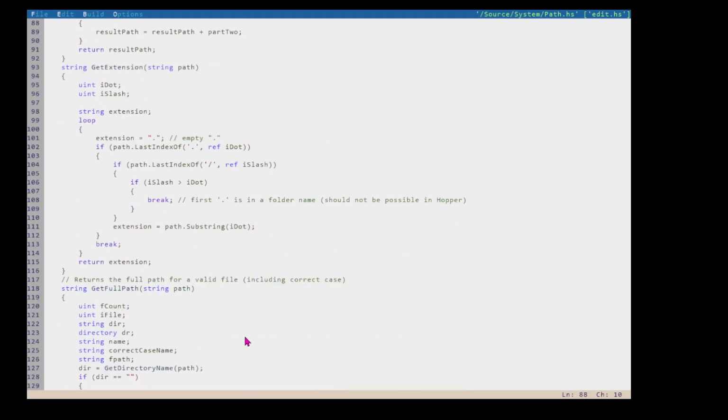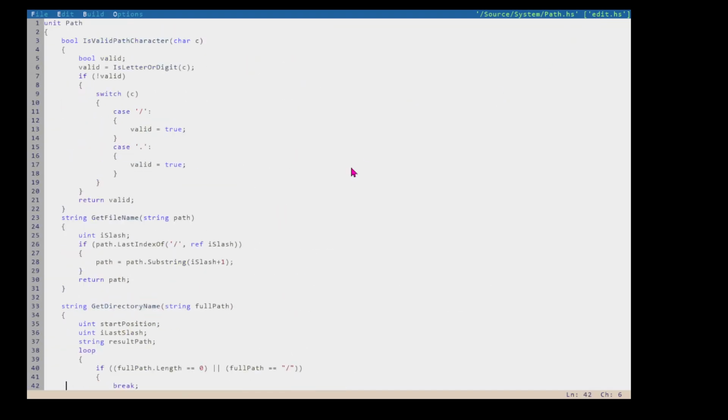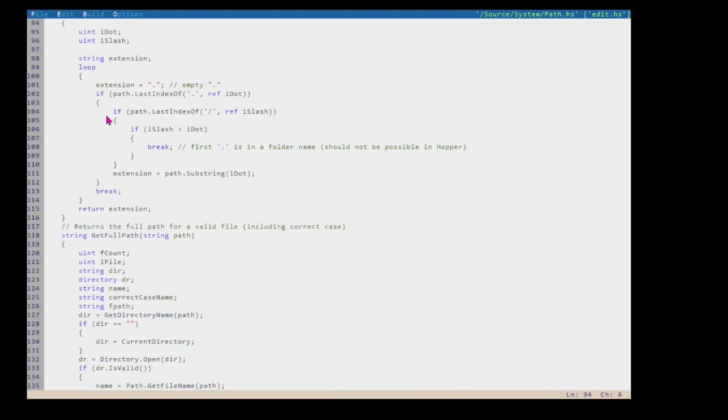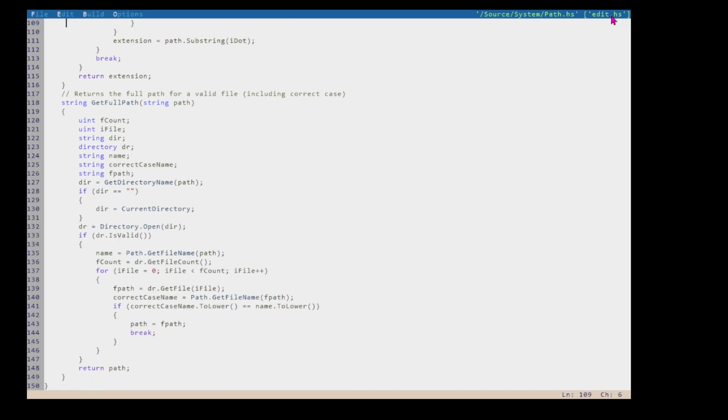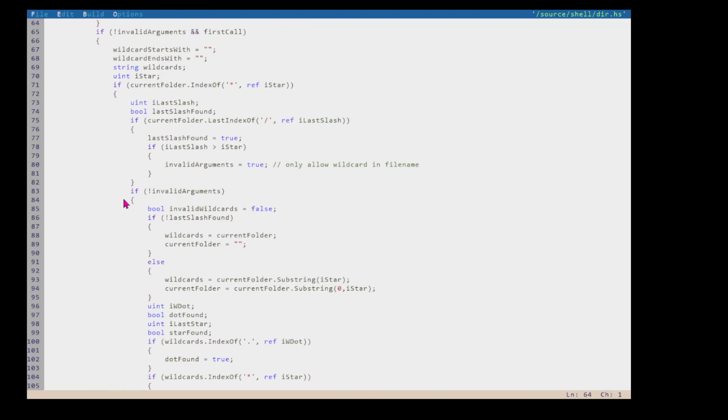And in another interesting bit, there are two interesting bits of source you can browse. The one is the path unit, which is under system path, to see how paths work and how extensions work. Another interesting bit of source to browse would be under the shell source folder. There's the directory command. So under the directory command, you could browse this source to see how folders and directories